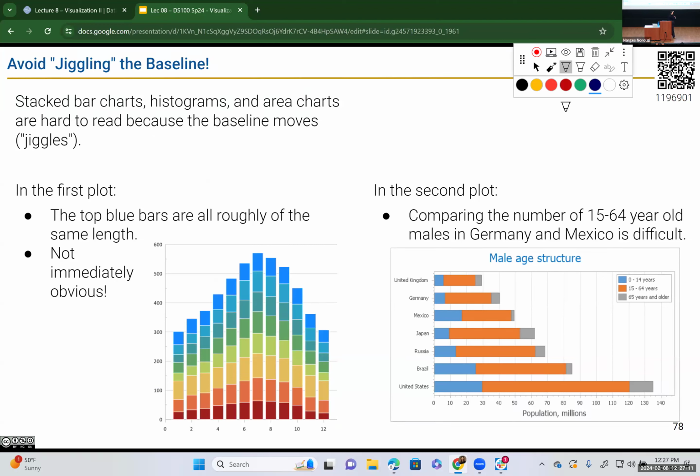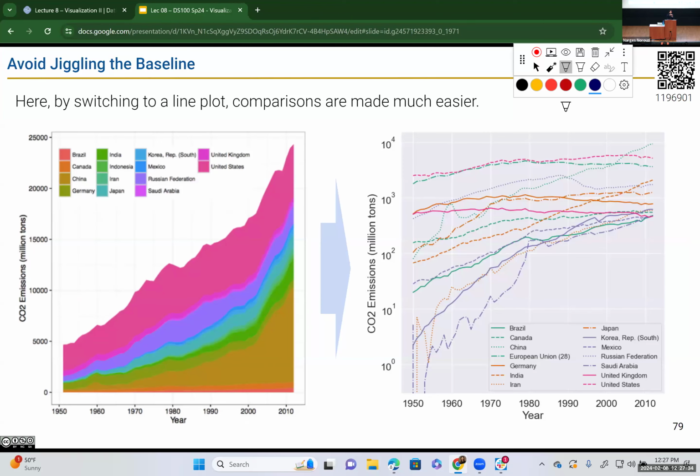One of the items that was in the lengths was having the lengths from the same baseline. If you jiggle the baseline, then it's really hard to understand the differences between different categories. So quickly looking at this, you see it's really hard to understand the delta between these two areas because we just jiggle the baseline. This is also another example. The baselines for all of these categories are placed on top of each other, but a better way of visualizing it was to just individually plot each one of them